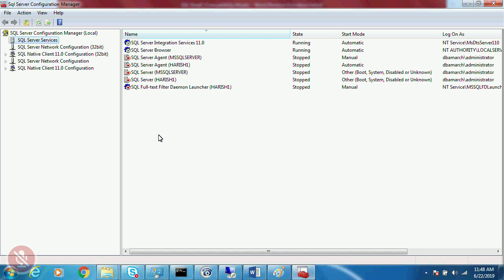Right, hope you understand. Alright, hope the cluster is a bit clear. You configure it, you do failover a couple of times, then you obviously